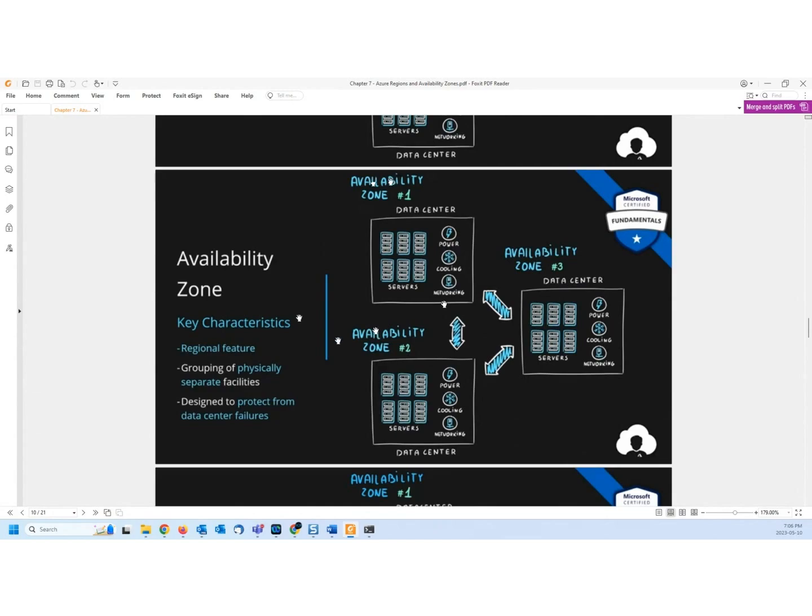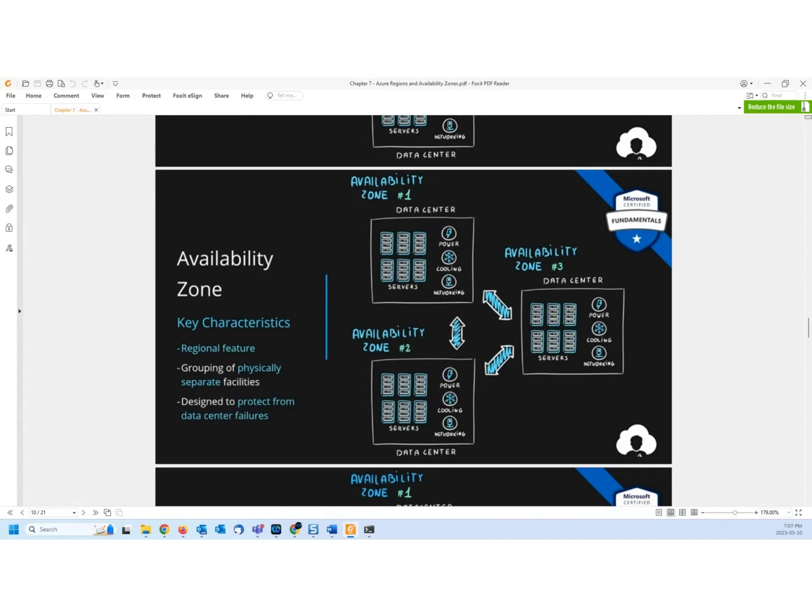Well, if you are choosing the availability zone, let's say you have two virtual machines or a database. I think I should take the example of the database. If you have a database located in availability zone 2, for example, and a copy of that is available in availability zone 3, and for some reason this data center goes down, you still do not feel it, because first, they are in the same region, because of the regional feature, a grouping of physically